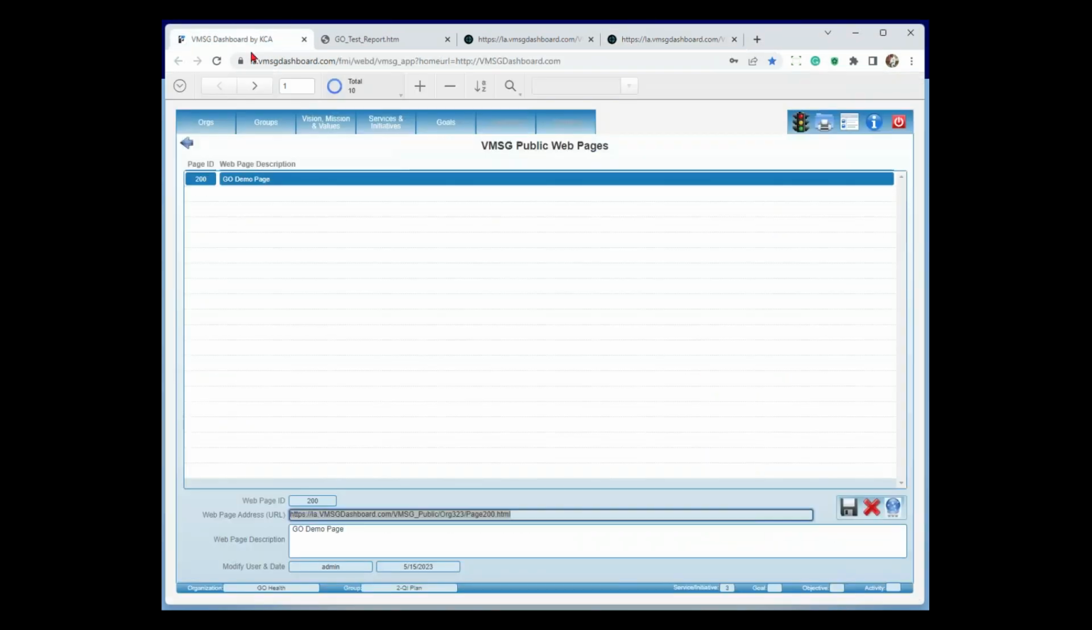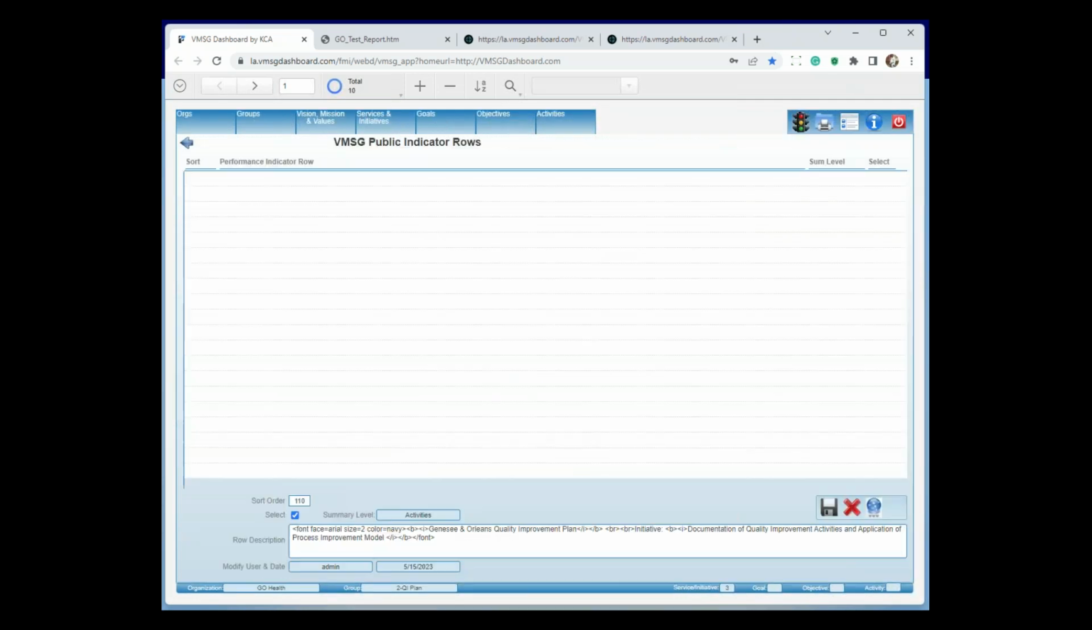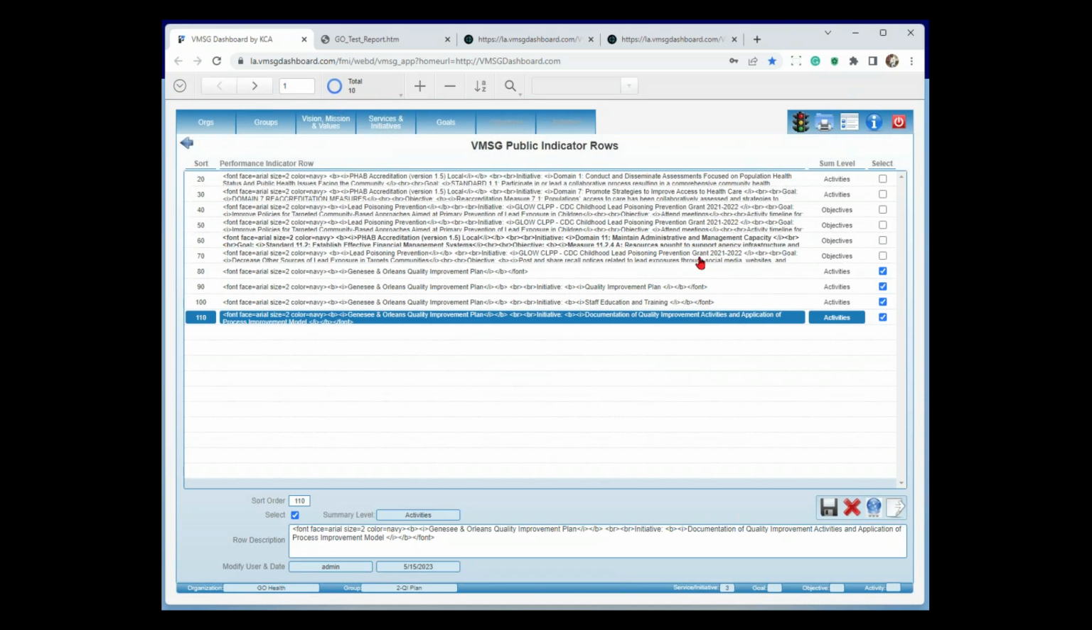Now, if you want to go back and see what you have in there or be able to reorder things or whatever, you can go to the main menu. And then down here at the bottom, you've got 2 buttons down here. One is performance indicator rows. I'll click on that. And it shows us the same thing that we had in there before and the ones that I've selected. The checkbox over here determines which ones are going to appear in the web page. So I could remove one of these if I wanted to recreate the web page or just leave them all